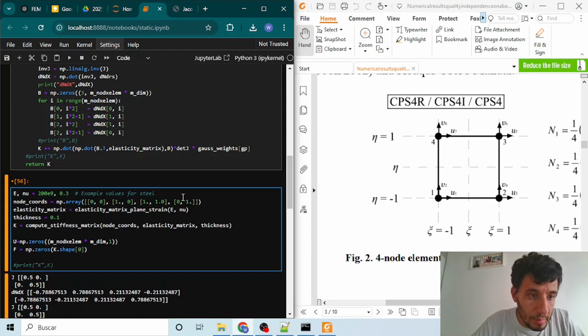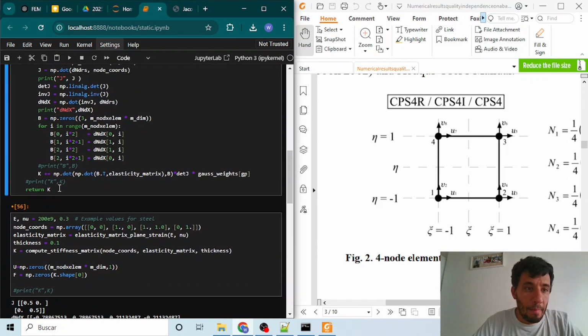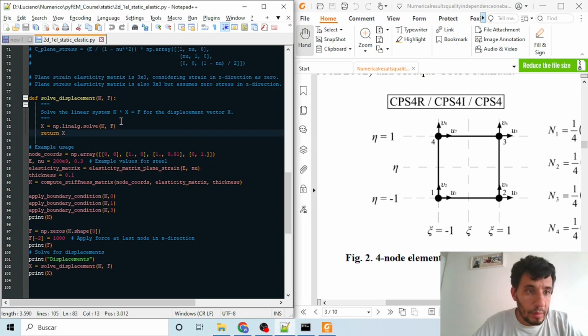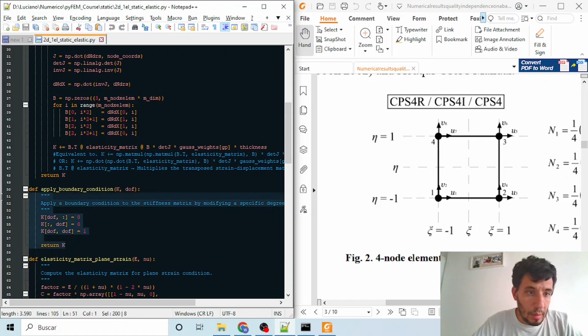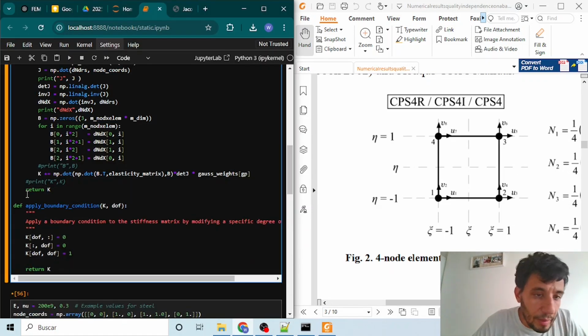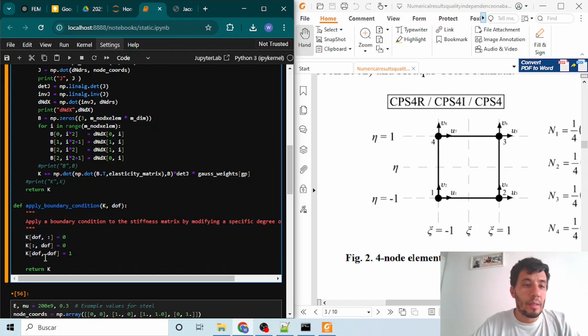We can comment this. And finally, we want to define, this is special for this problem, apply degree of freedom. We can apply this function, we will define it, and what this function does is to annul all the rows and the columns related to the degree of freedom which we want to restrain.